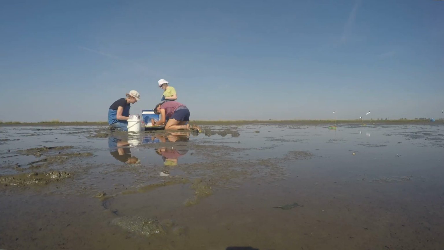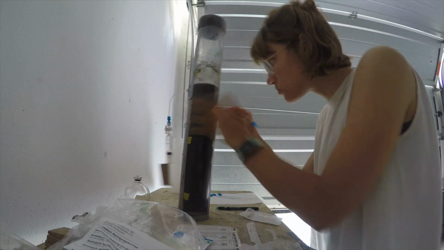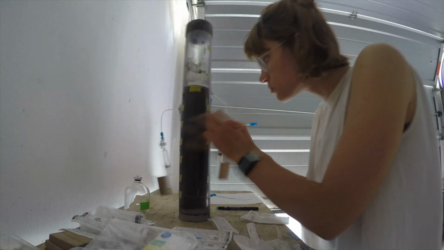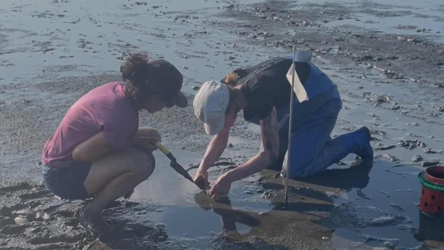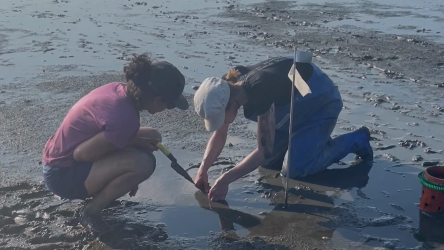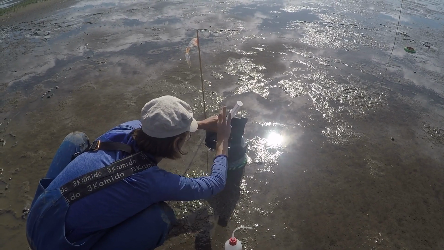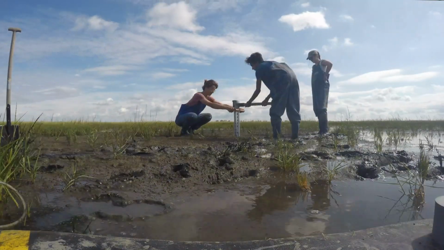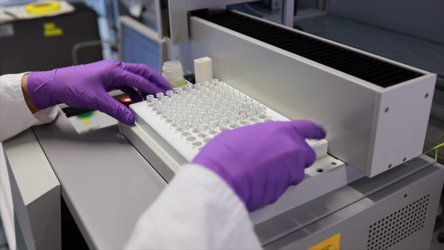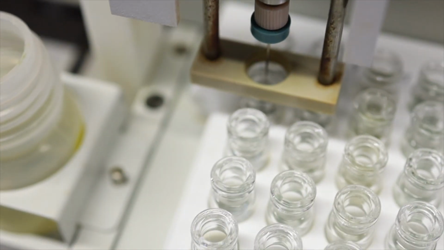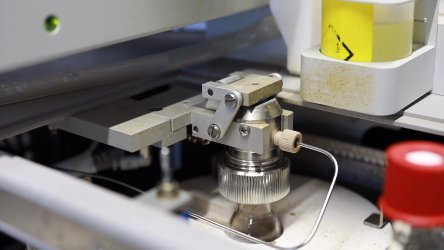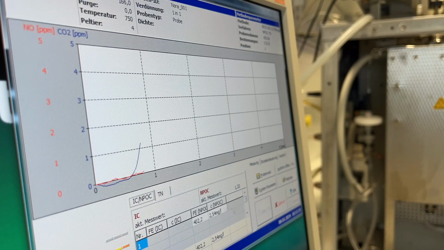We also looked at the effect of microbial activity by looking at the chemical species in the pore water as well as in the sediment. For this, we sampled pore water after the last gas measurement. And at the end of the experiment, we also took sediment cores. After the summer, we brought the samples back to the lab and analyzed them. From this analysis, we aim to understand if the microorganism can use the injected organic carbon and if this results in a higher CO2 emission.